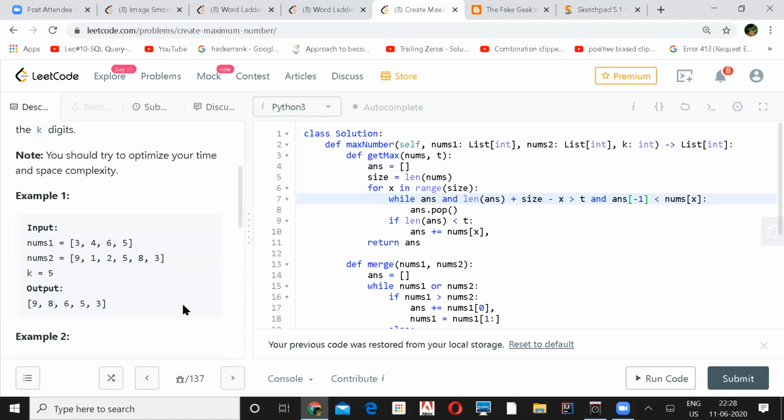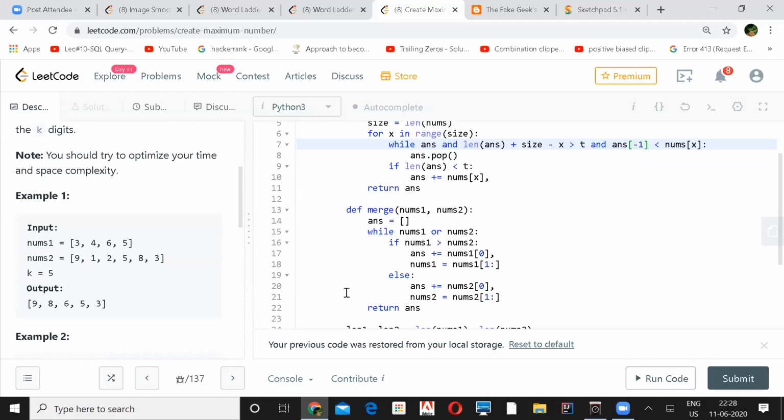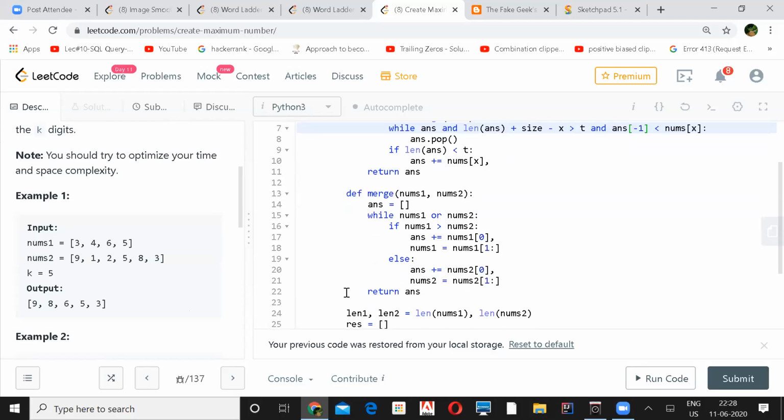Yeah, and then he says optimize your time and space complexity. But the way you are merging is very intuitive and concise. Because I was using another function to find which is greater and lesser. So that added a lot more code. But you used only 3 functions. I was using 4 to 5 functions to do all this stuff. Yeah, we are just adding whichever is greater, then removing that element and taking the remaining into consideration.